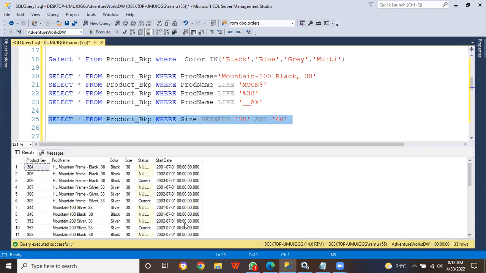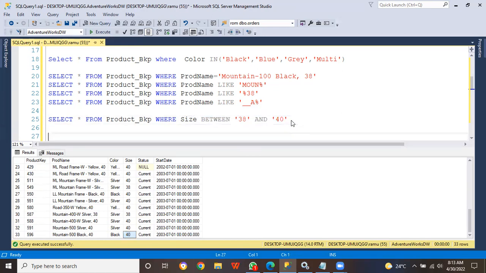See, it will give you that between 30 to 40. It doesn't give before 38 like 36, 32, 34, and it doesn't give any after 42 like 40, 42, 46, 44, 46. It will not give you those. This is one of the operators. Okay, and one more operator is like now